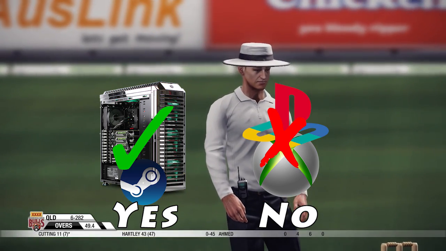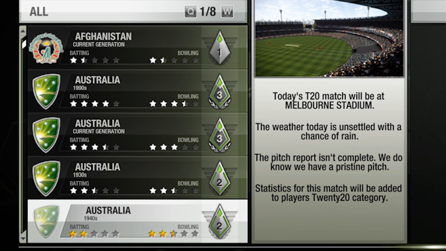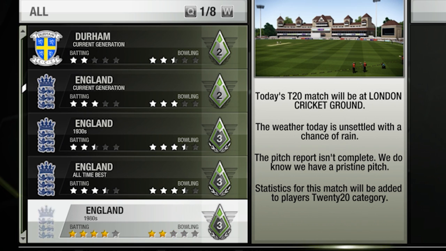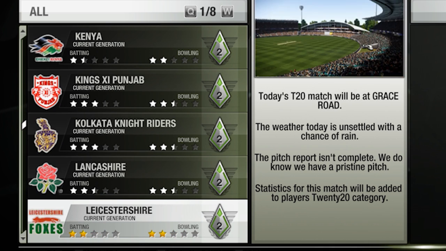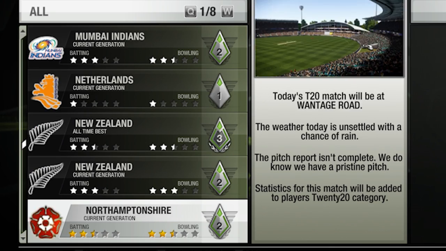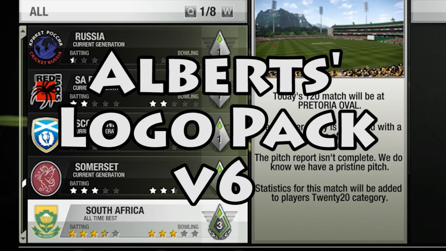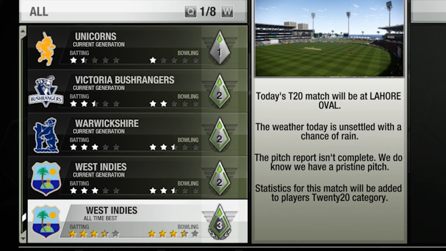So, let's get underway. Today, I thought we would start simple and use something that everyone is always asking for: how do you get the real logos? So today, we're going to be looking at a logo pack, and the one that I've currently got installed is Albert's logo pack. It is currently in version 6, and let me tell you what it includes as I'm scrolling